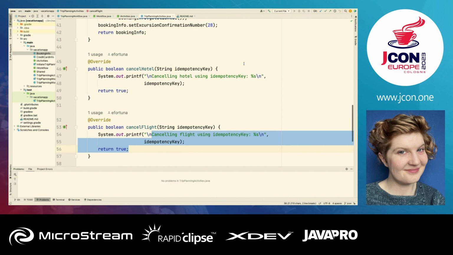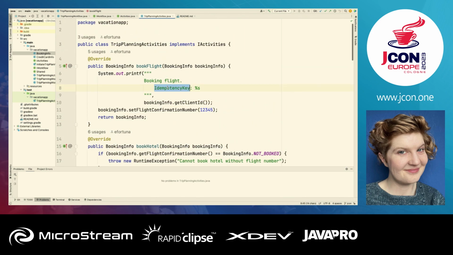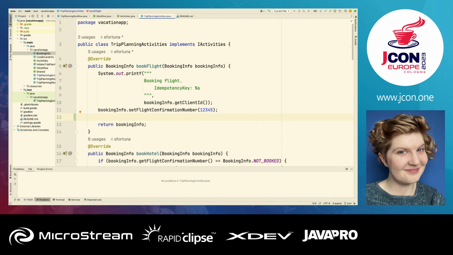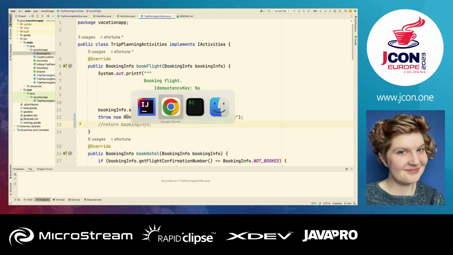Now, you may see that I have this idempotency key here. Well, let me introduce an error, and I'll talk about the idempotency key in a second. So let's throw an error, unable to reach, to complete booking. And we will comment this out. Okay, so